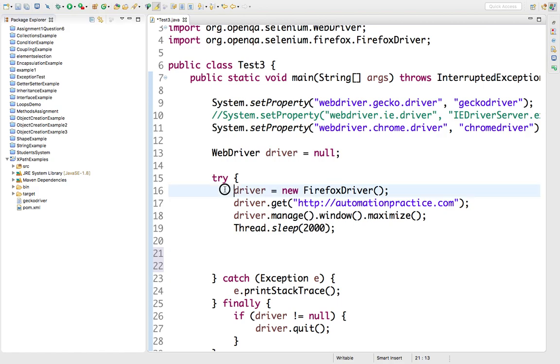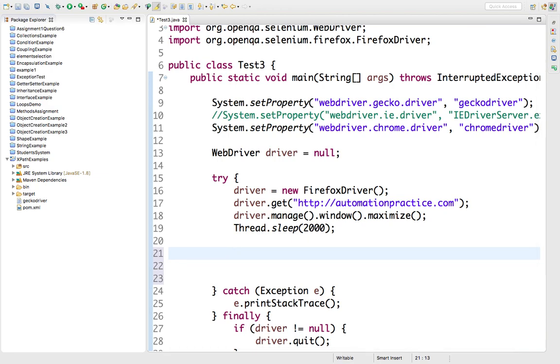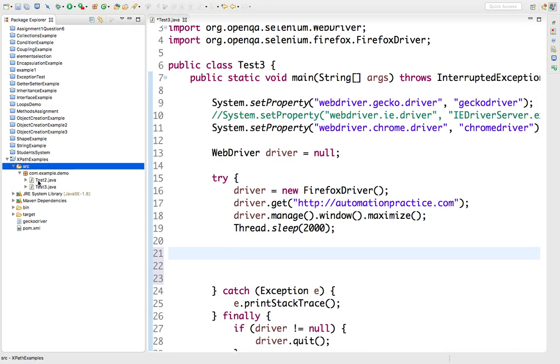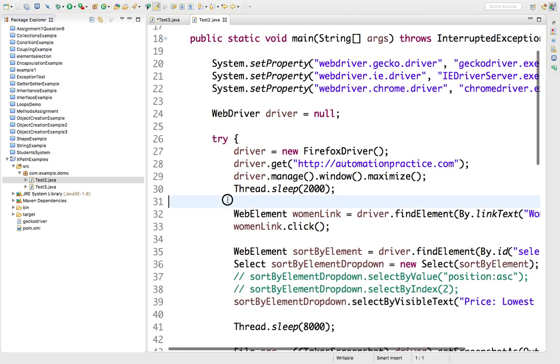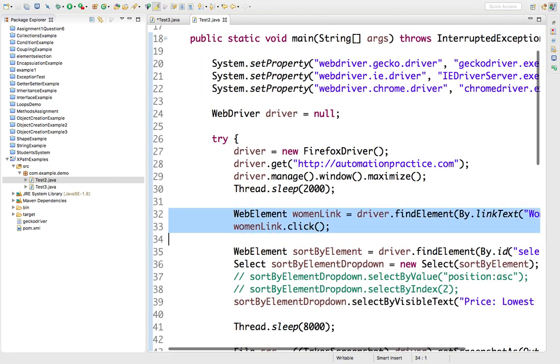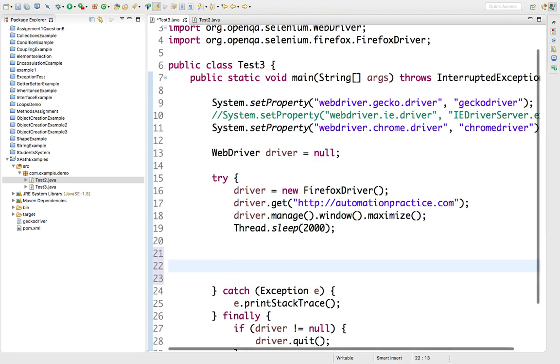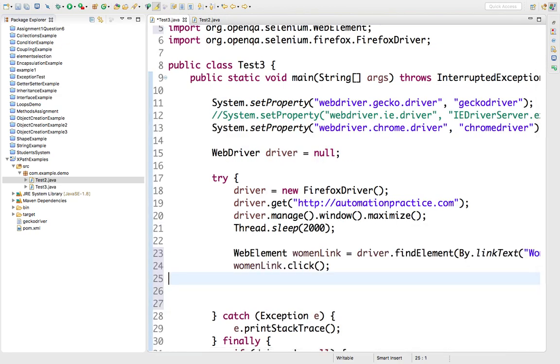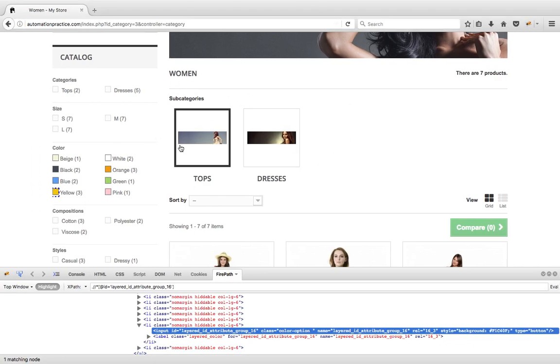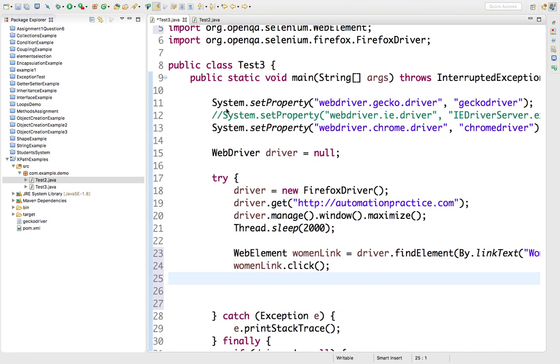Okay, so after navigating to this page, automation practice, I'm going to click on the women link. So to do that, I'm going to go back to my last class and copy that element. This is the women element and I've clicked on that. Fine, so I'm going to copy paste that code. That is done. So once I am on this page, then I'm going to click on this icon. So what I'm going to do now is I'm going to find web element yellow icon equals driver dot find element,